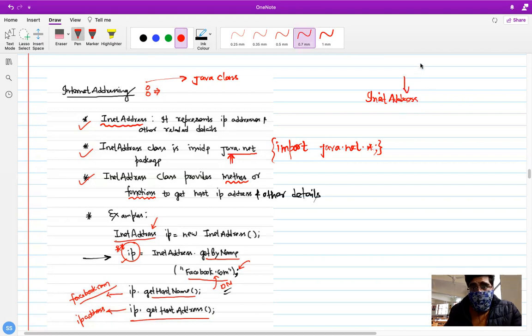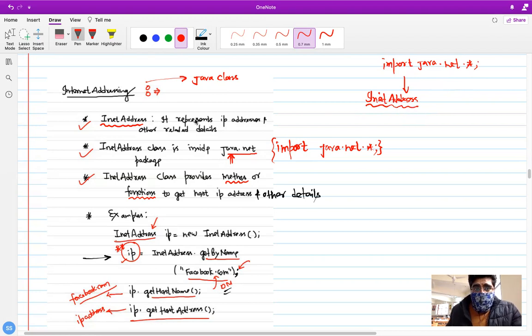It is inside java.net. There is a package, right? We usually discuss this package in Java, where sockets, Java socket, and all these classes are there inside this package. Okay, so what is this InetAddress class all about?